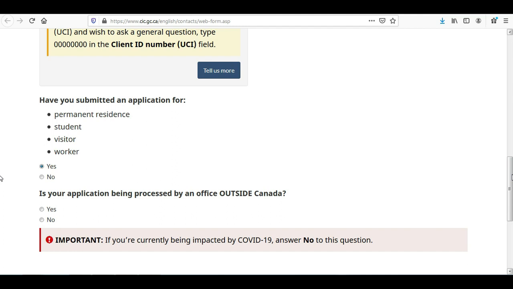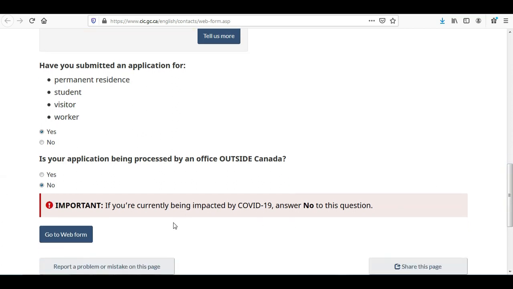It is clearly mentioned that if you are currently being impacted by COVID-19, then you have to select no. So here we are going to select no, because we are going to upload the IRCC web form because our COPR is going to expire, and for that we are filling the web form.